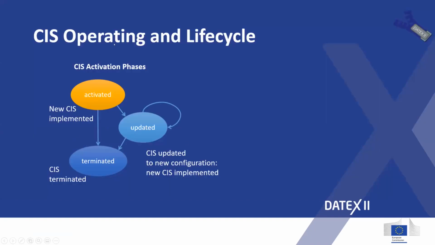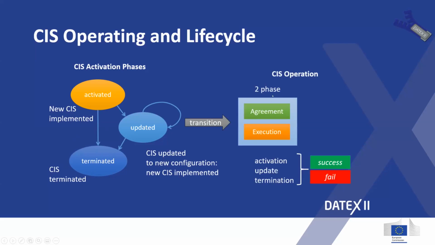So, the CIS operating life cycle. Any activation phase starts, is activated, updated, and terminated. When there is a first activation, it starts an agreement, then there is an implementation request, then there is an evolution, and at the end it will be terminated. All of these transitions are driven by a CIS exchange of two-phase or one-phase SIS request and SIS service feedback